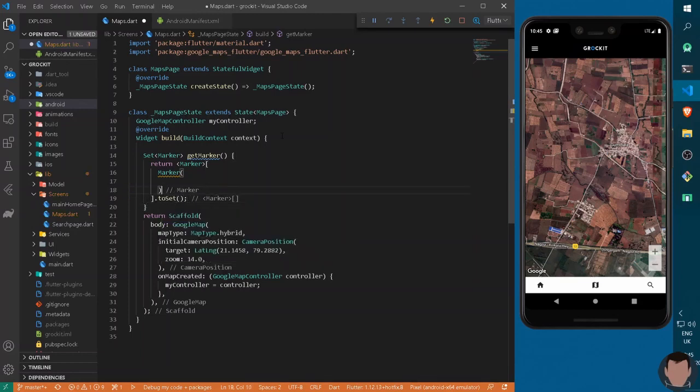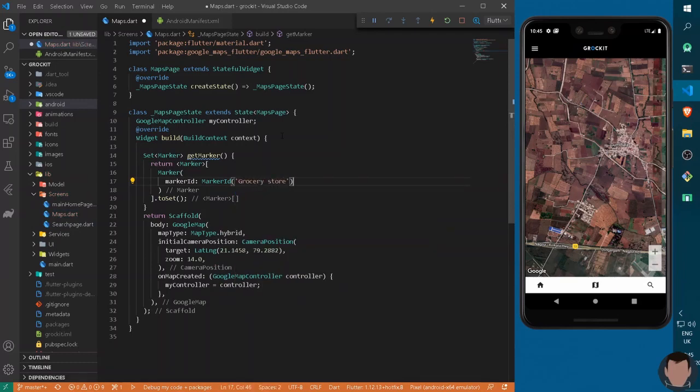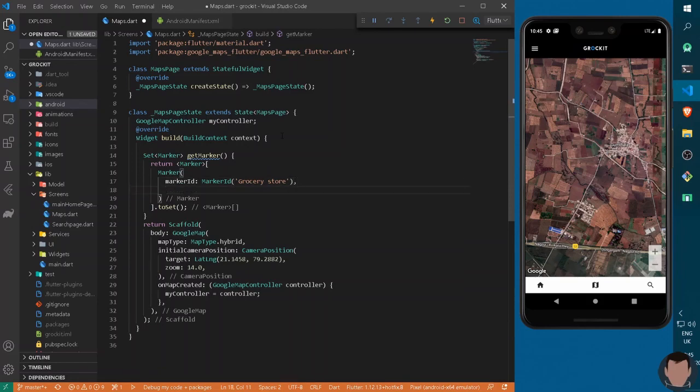Cool. Now this marker is going to take a markerId, so I can write markerId, and it will take a title. Let's name it grocery store, and the next thing it will take is a position, that is the initial position. So I can write position to be LatLng.